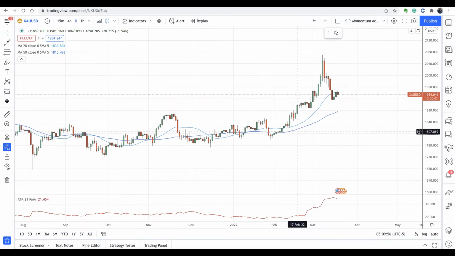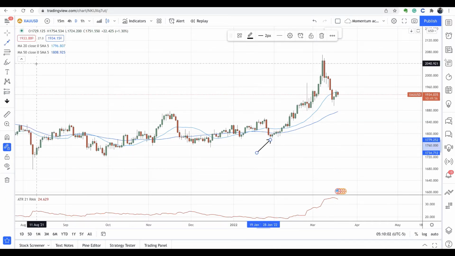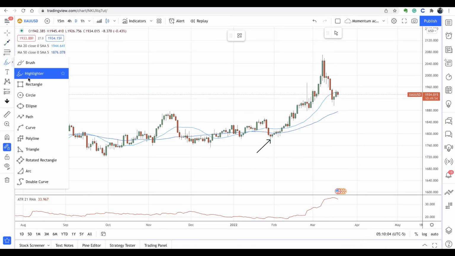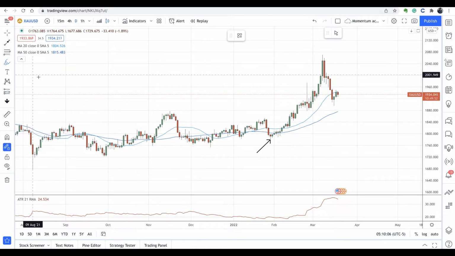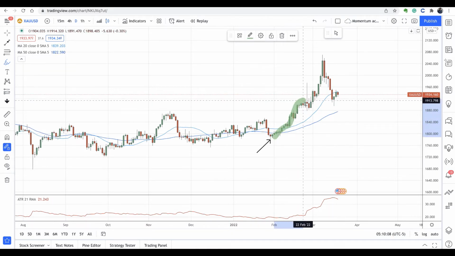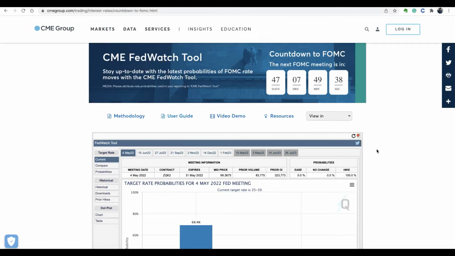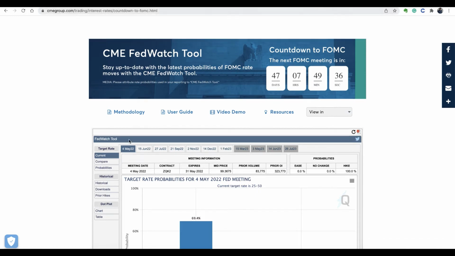So if you take a look at gold, we see that the move for gold had started exactly with the beginning of February. So before that, gold was moderately bullish, but basically sideways. It was basically sideways. And actually, starting from February 2 to be exact, we have the uptrend. And as you see, this uptrend correlates with the